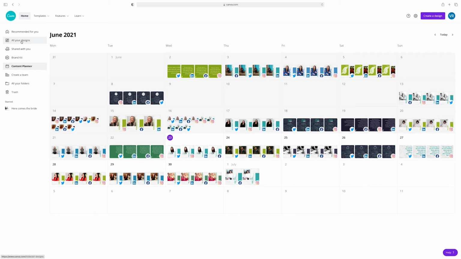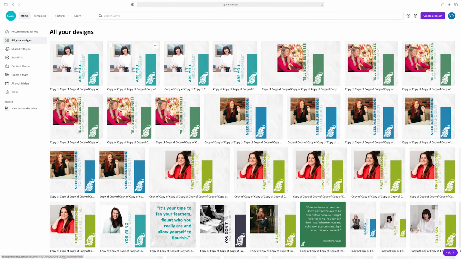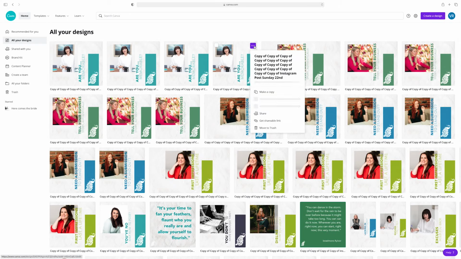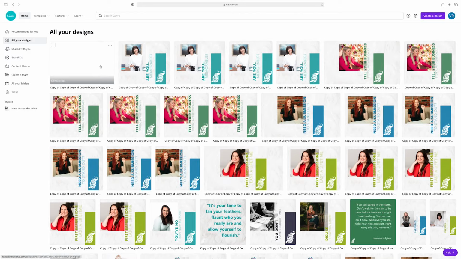So, if you go into all your designs, you'll see this is all the ones I've got, and what I want to do is use one that I used for Instagram. So I'm going to take this one here, I'm going to right click, using the 3 dots, and I'm going to go to make a copy. So I make a copy, I click on my copy,